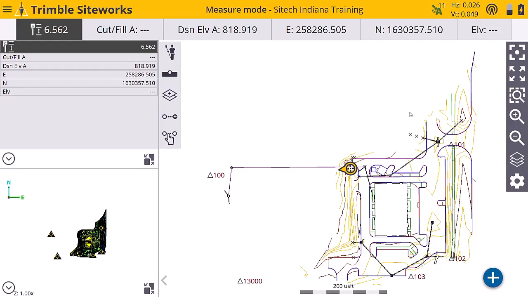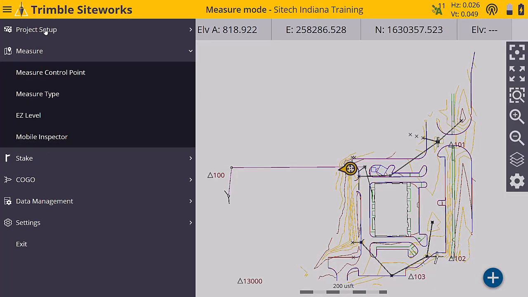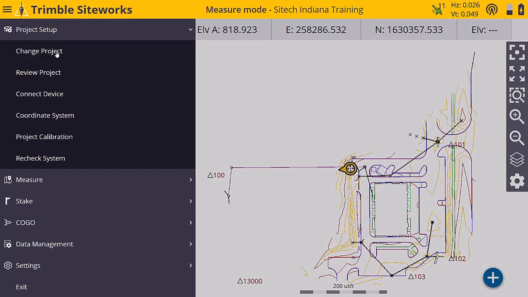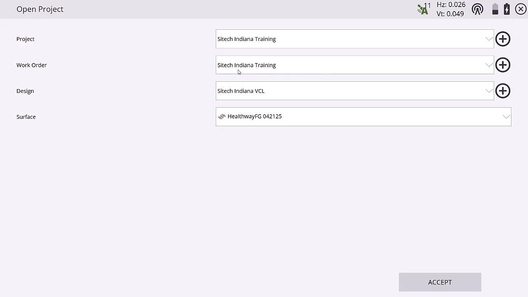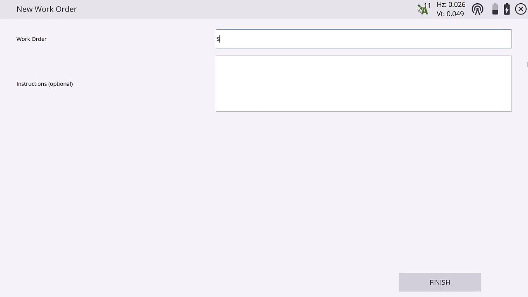So your best practice here would be to create work orders, so all you see is what is in that active work order. To do that, you go up to the top left menu button, the hamburger button, go to project setup, change project, and right now this one's called SITECH-INDIANA training. Well, let's create a work order that's for the storm as-builts. So you hit the plus button, and we'll just call it storm